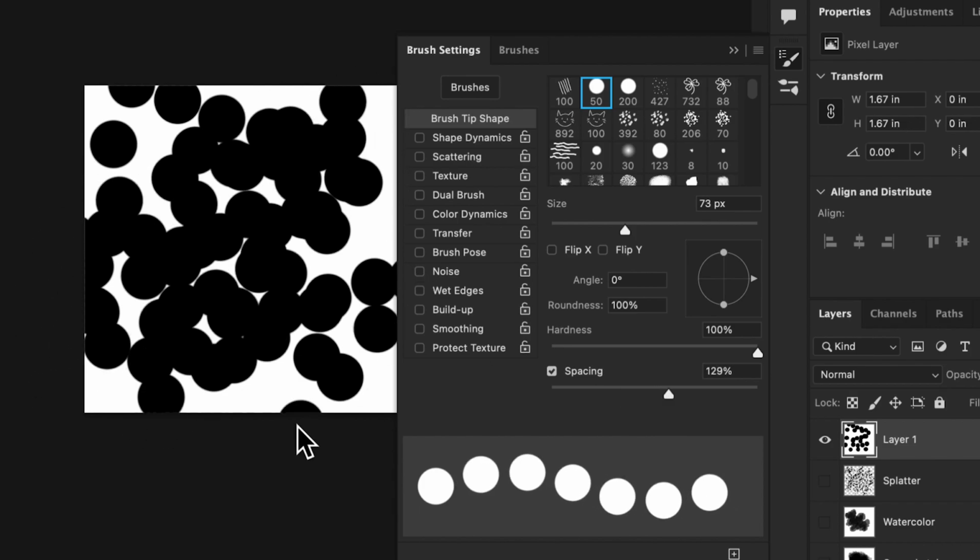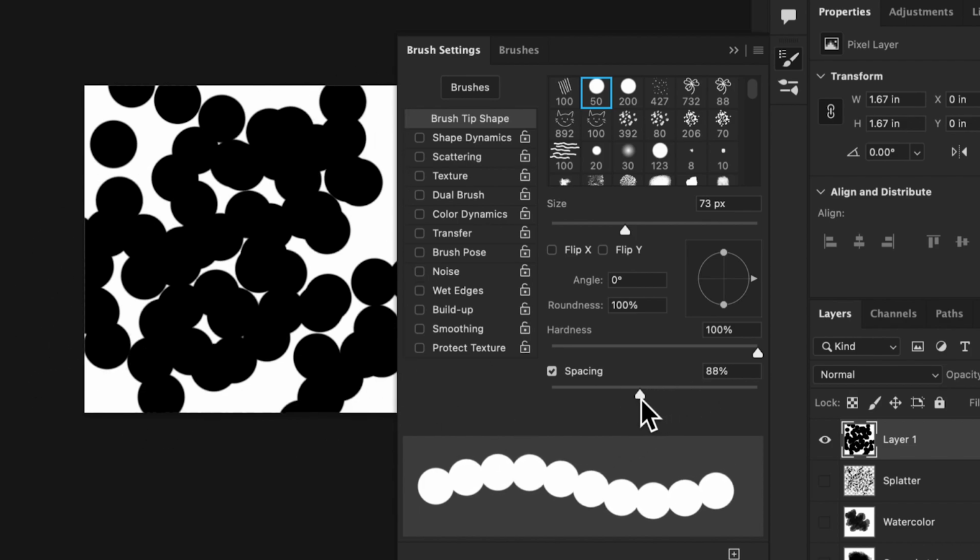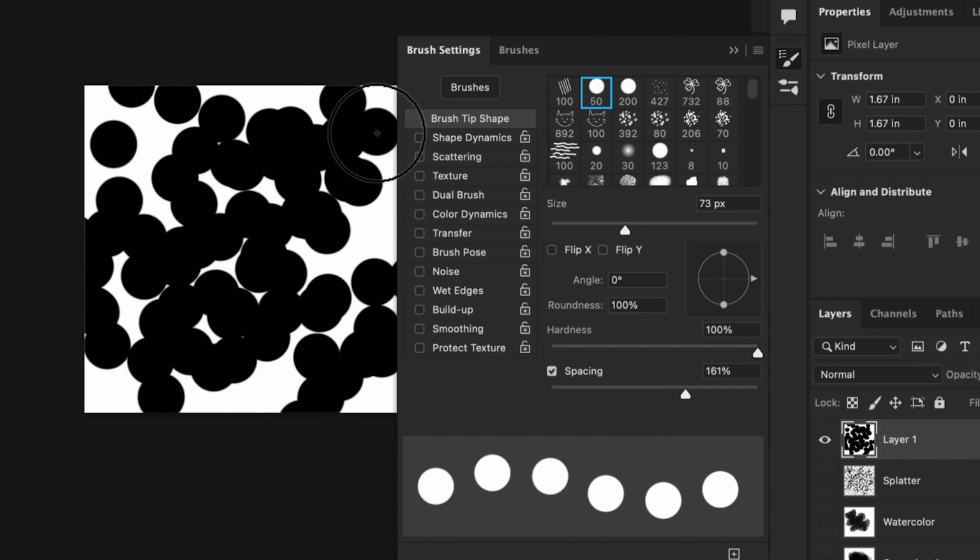Polka dots rather than a straight line. So if we look at it, less spacing, smoother edge, and then as it gets spaced out more and more, they're further and further apart.